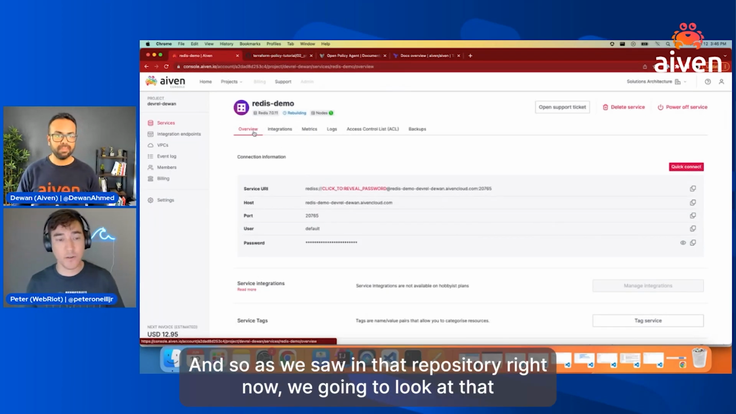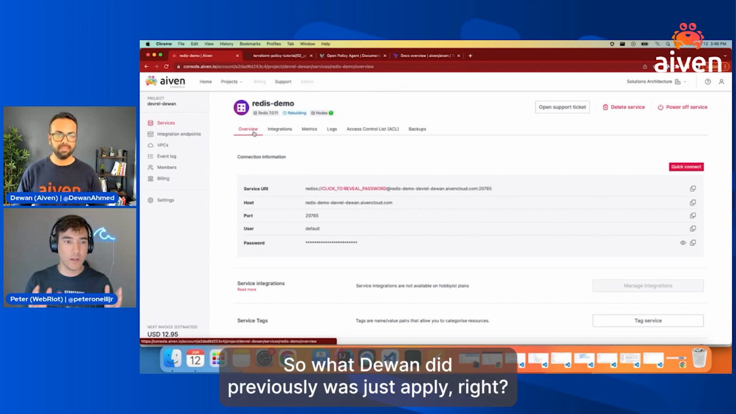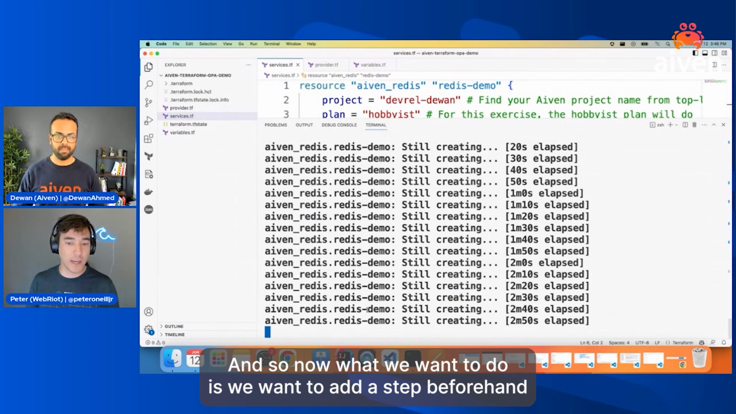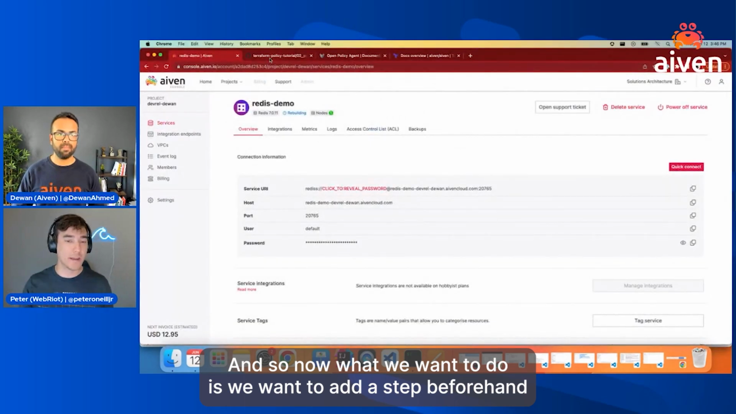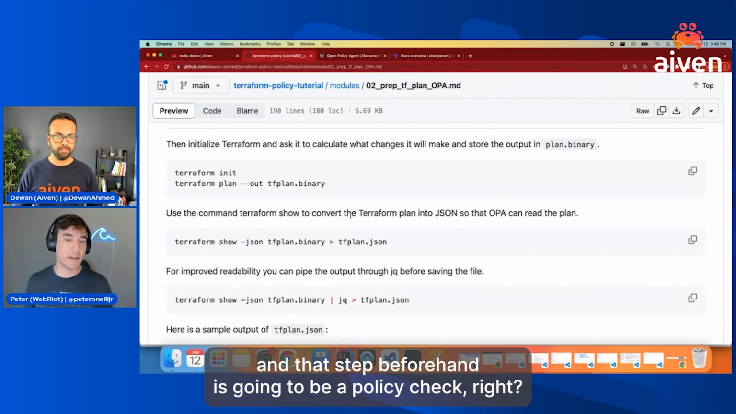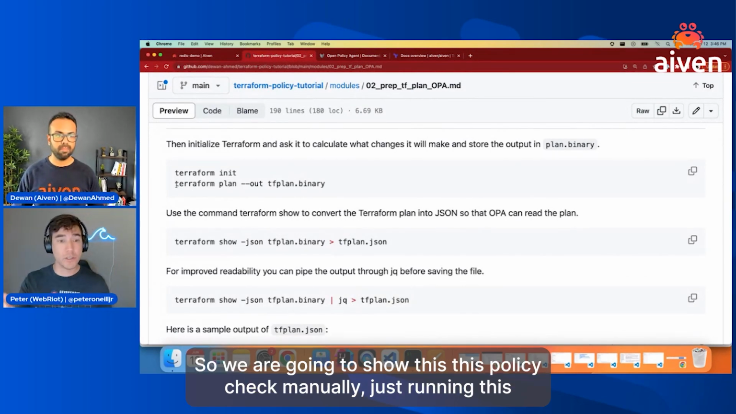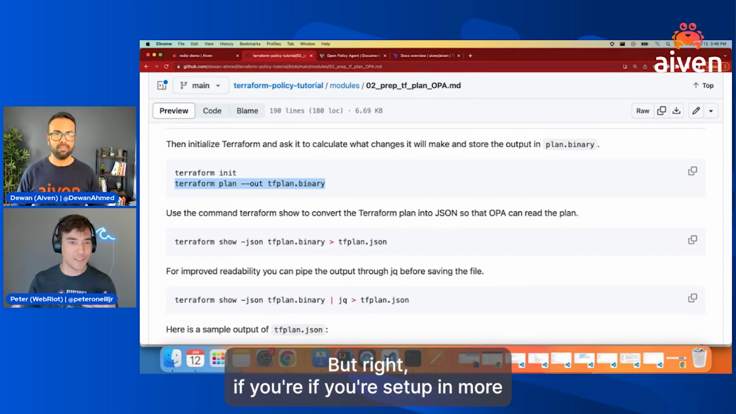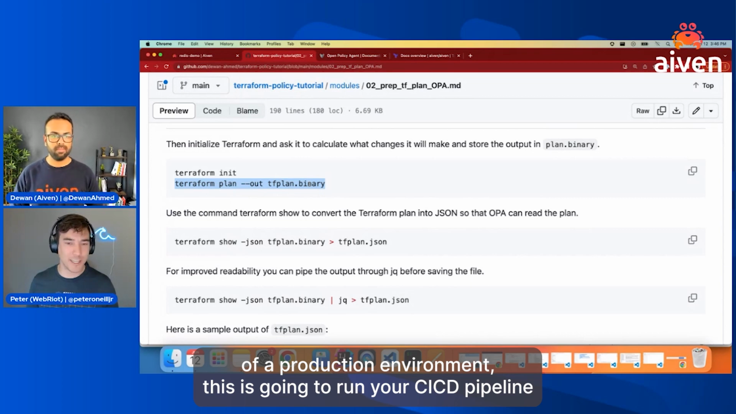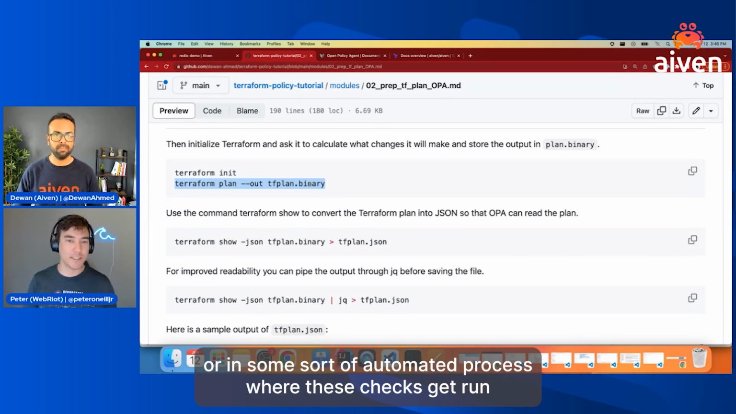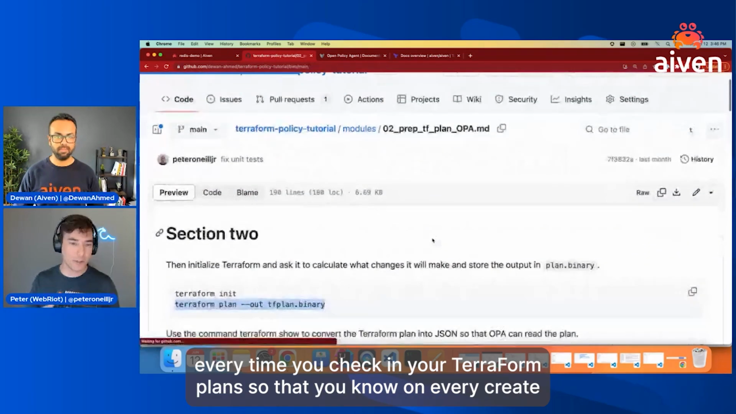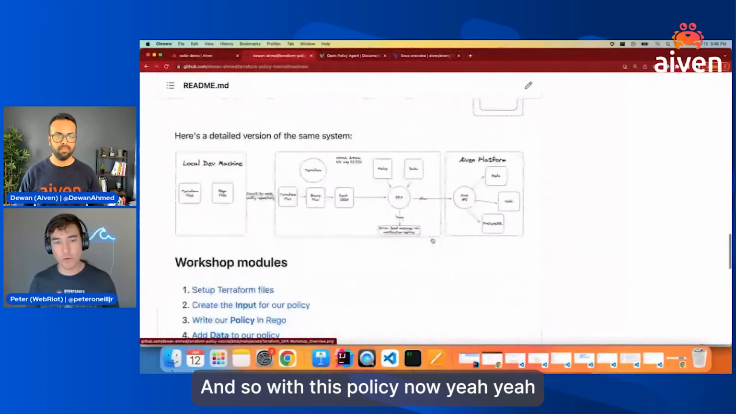Yep. So thanks for that. And so as we saw in that repository, right now we're going to look at that output. So what Dewan did previously was just to apply, just to go right in and create this. And so now what we want to do is add a step beforehand, and that step beforehand is going to be a policy check. We are going to show this policy check manually, just running it locally on Dewan's machine. But if you're set up in more of a production environment, this is going to run in your CI/CD pipeline or in some sort of automated process where these checks get run every time you check in your Terraform plan, so that on every create, these policies get checked. And so with this policy now,